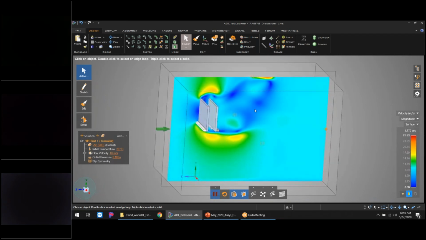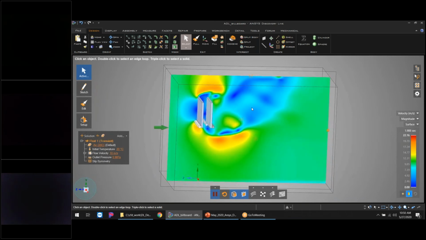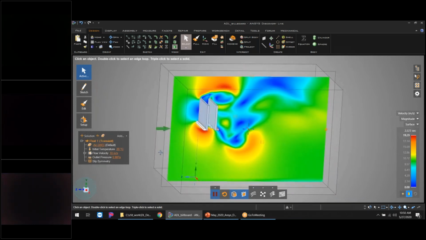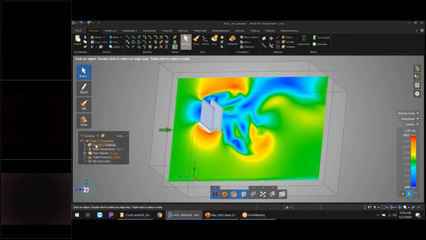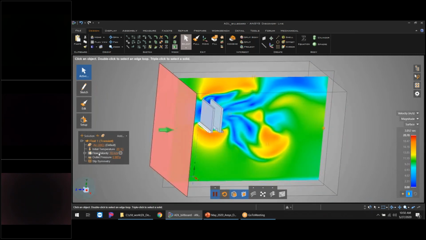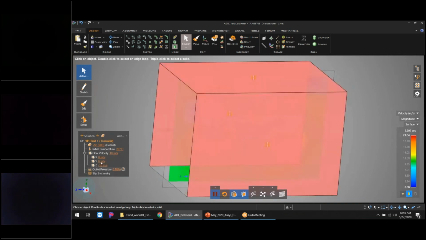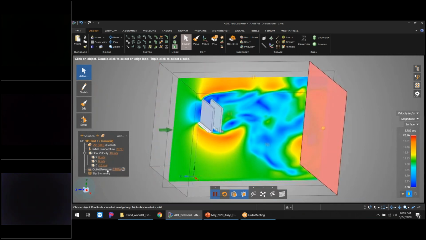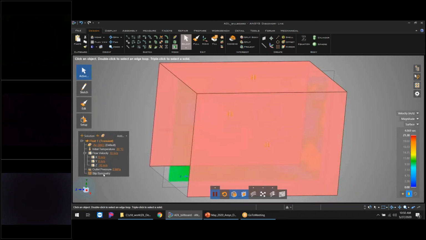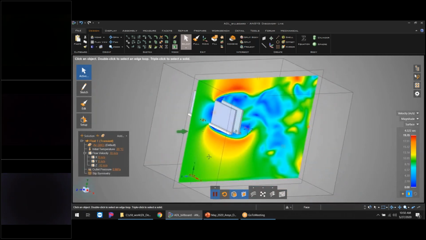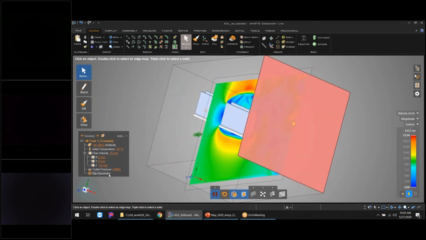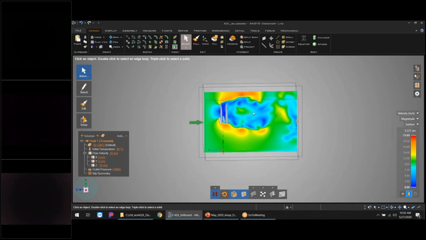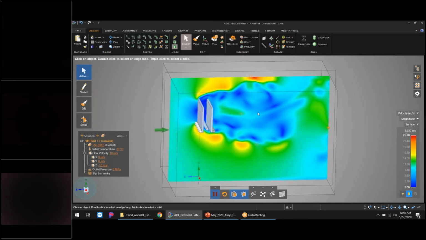I'm just going to, yeah, within 5 seconds, we're getting external aerodynamic flow. This automatically built a box around my geometry, assigned air to it, and gave me a flow velocity of 10 meters per second, which I can change if I wanted to. And then I have an outlet pressure. Again, this is a typical boundary condition. And then it automatically gave me these slip symmetry planes, so we don't want to calculate those as walls. We want to have them slip. And that's all done automatically when I bring in my geometry and I say I'm doing external aerodynamics.